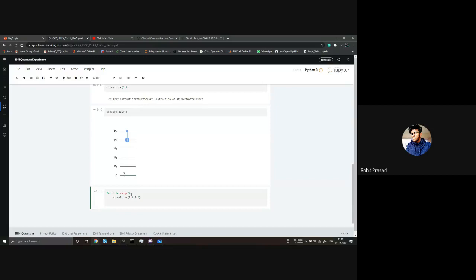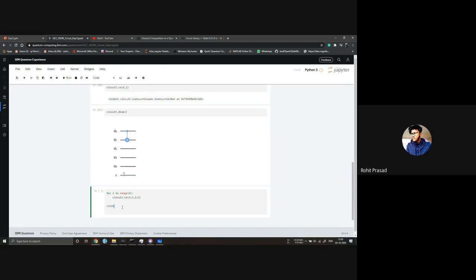You guys know how the loop works, right? Can someone unmute yourself and tell me if you know how loops work in Python or not? Yeah, so you guys can see what this does, right? It takes i equal to 0, then adds a 1 to it, meaning the first qubit, then adds a 2 to it, meaning the second qubit. So let's see what this will do.